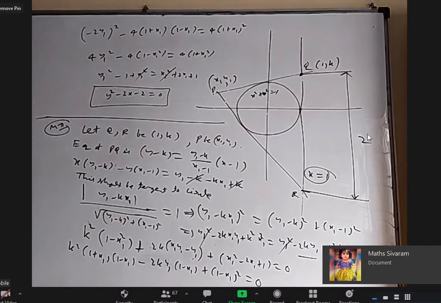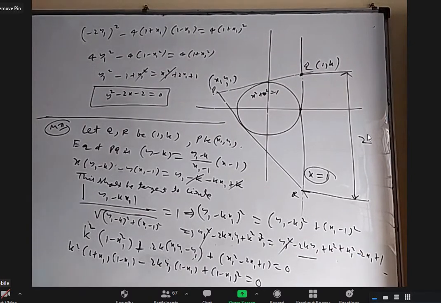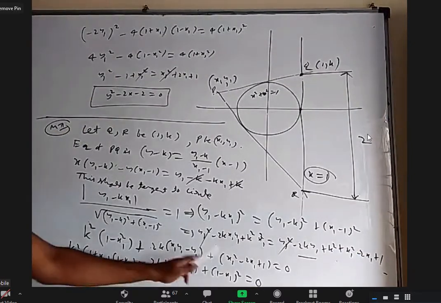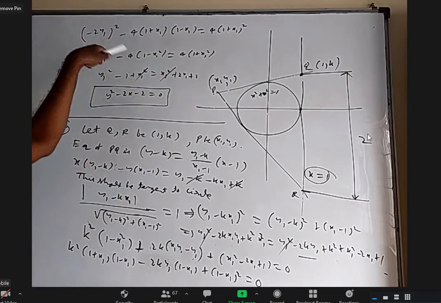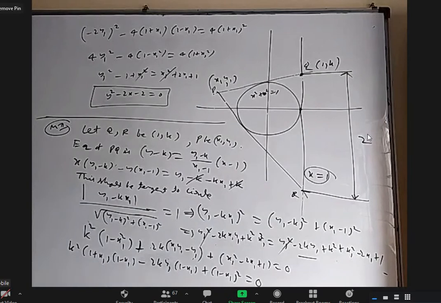2. Okay, so again same thing. You got the same quadratic equation. You can cancel 1 minus x1 everywhere here. Then you got exactly the same quadratic equation. The ending part is the same. Okay, the climax is the same. The beginning approach is different. Is it okay? Yes. Okay.